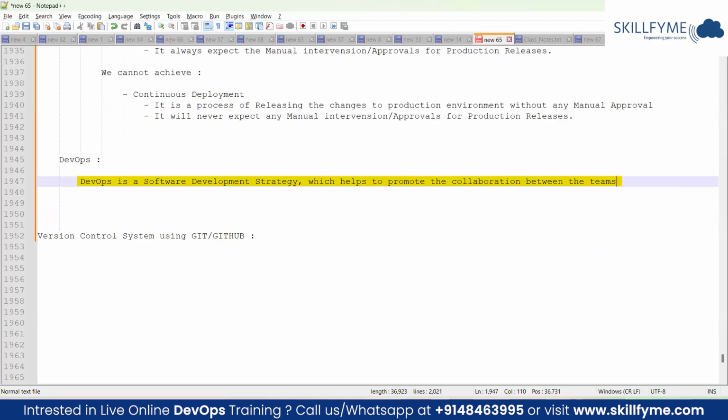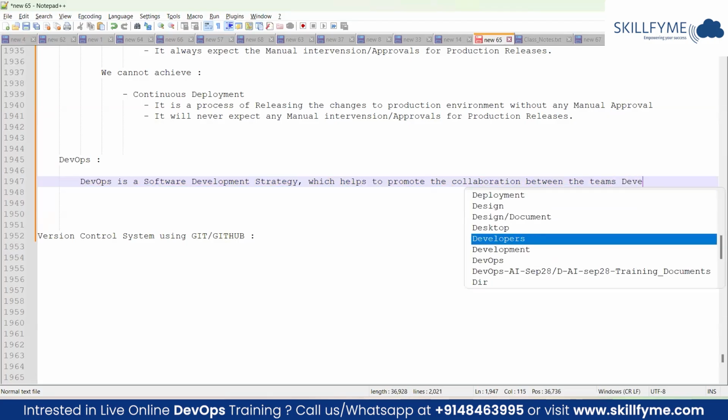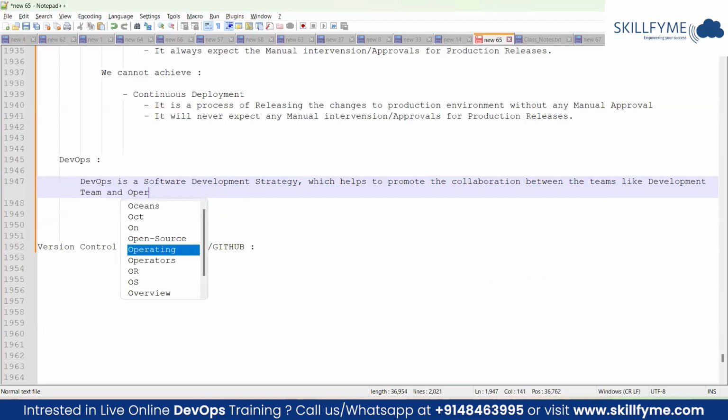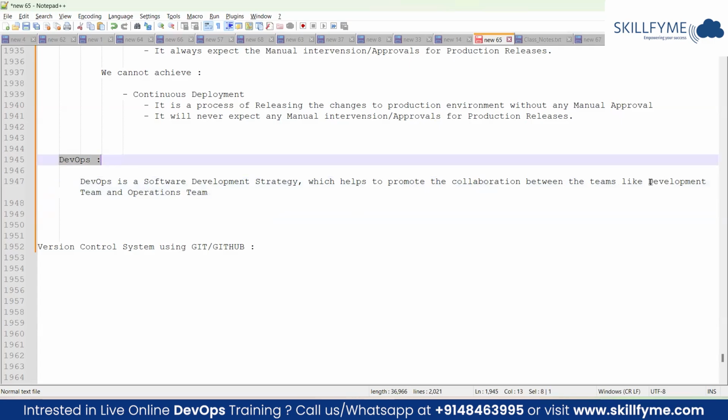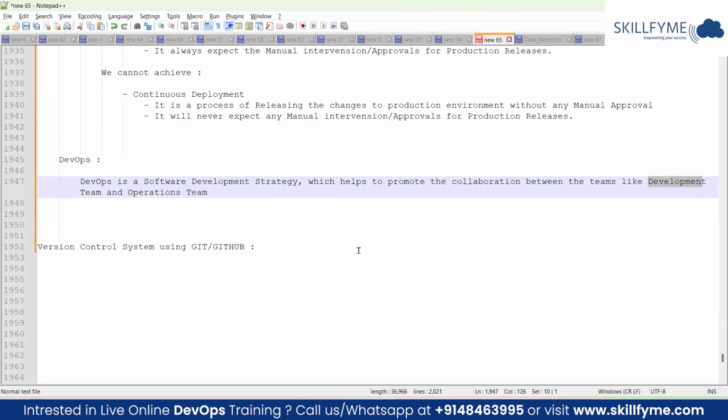So teams, in a sense, we have something called the development team and the operations team. When I say operations team, apart from the development team, everyone involved in the process of SDLC is considered an operations team. There is no dedicated team like an operations team from the DevOps point of view. For any application development, the development team are the core. They are the core assets for any IT industry. They are the business application developers. Apart from